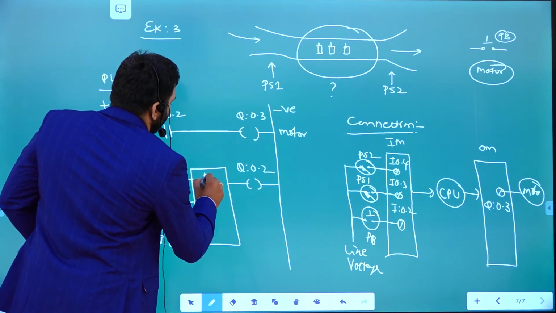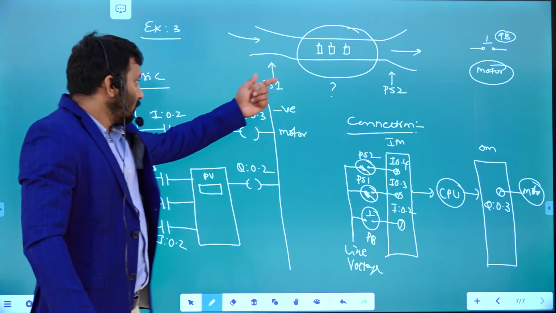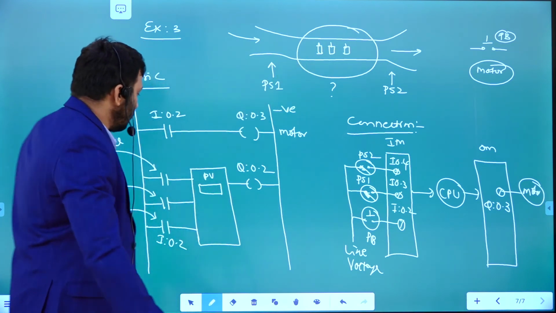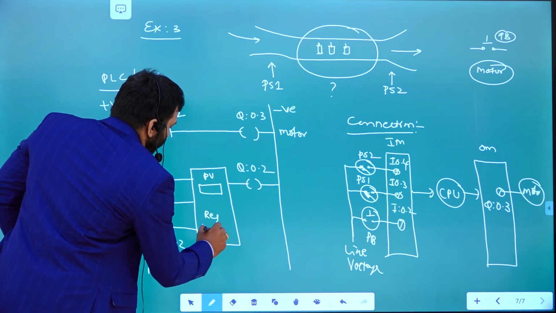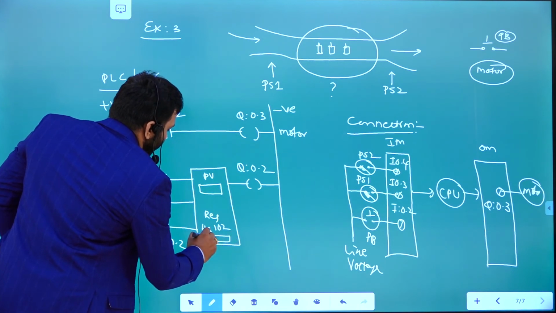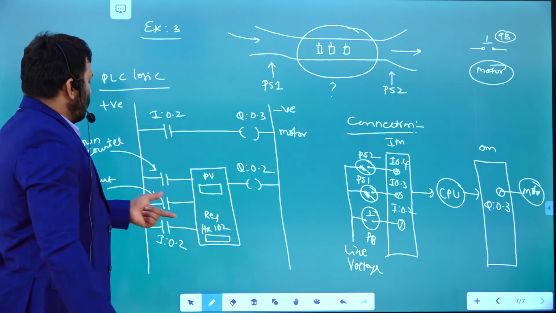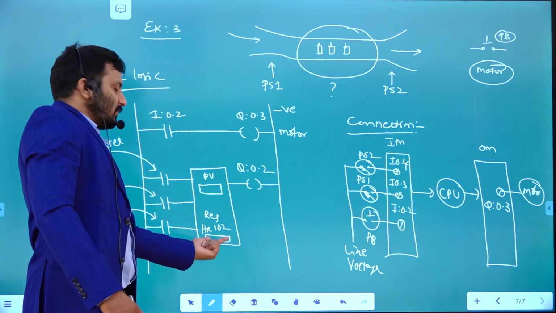This is the preset value, that means the net count on this particular conveyor belt, right? This holding register is going to be occupied, holding register for example 1 or 2, it's going to be occupied with the resultant value after up counting and down counting.